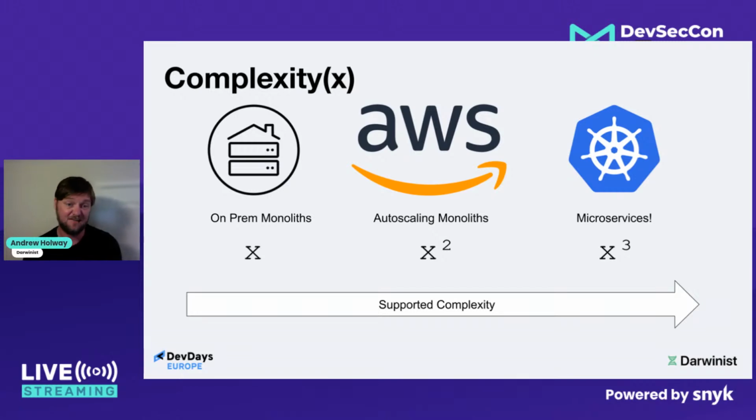It was a terrible, terrible, terrible thing, but it did work, which was Beanstalk. But they did operate, and if you could get them working, they worked very, very well, and they're incredibly reliable. And so the amount of complexity that we could put into our applications went up to X squared. And it really was a square in complexity because of all of this system administration stuff that we just didn't have to do anymore. And then we get into Kubernetes, and then suddenly we've got an X cubed complexity because